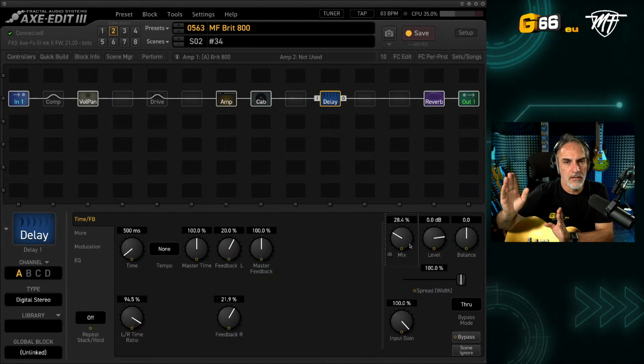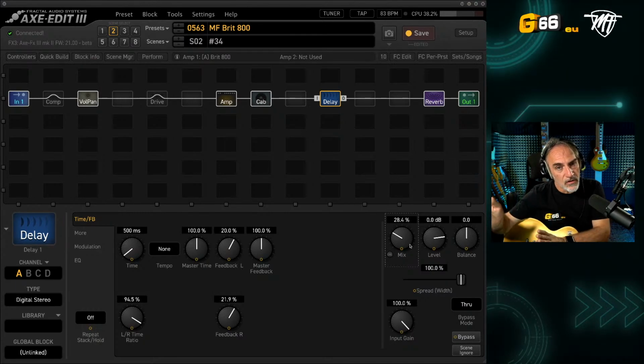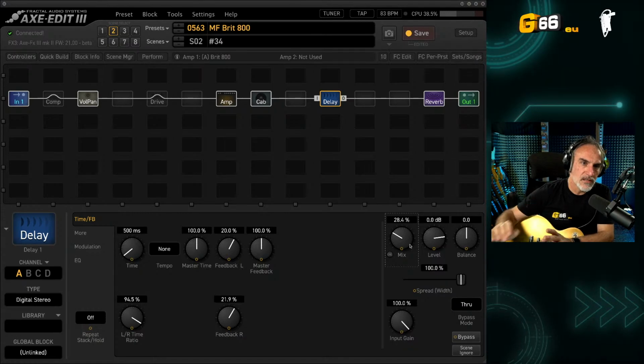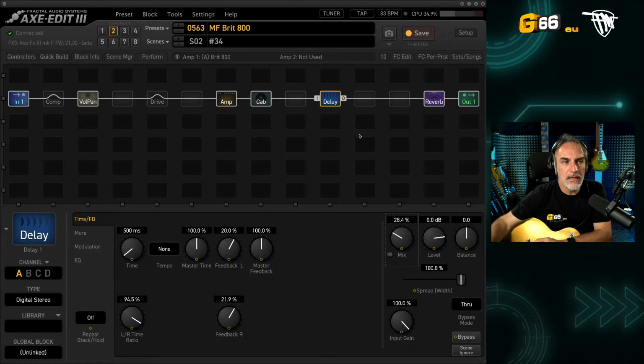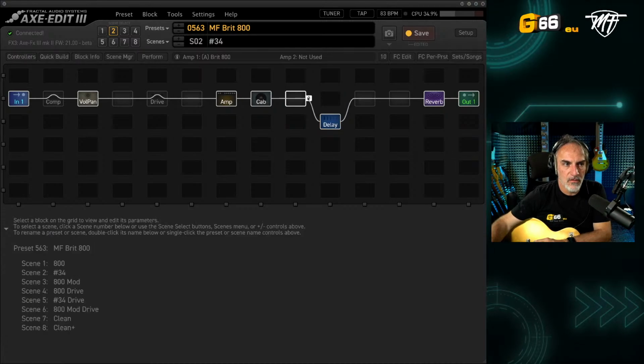knobs affect heavily not only the wet signal, but also the dry signal. This is the reason that I love to use the delay in parallel mode. So I create this kind of connection. But